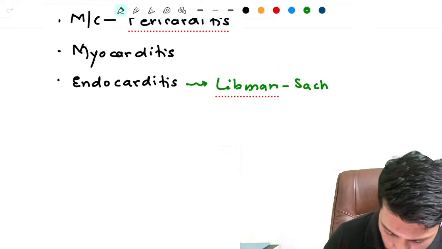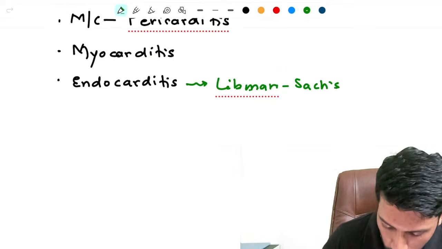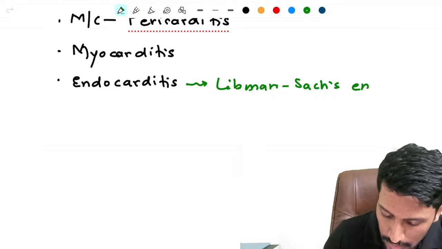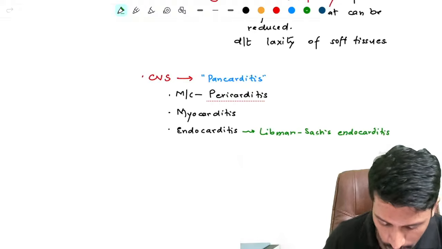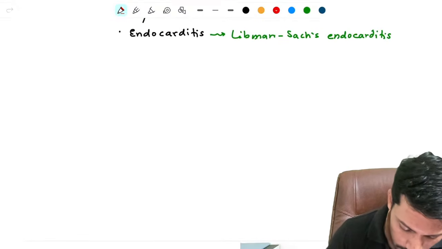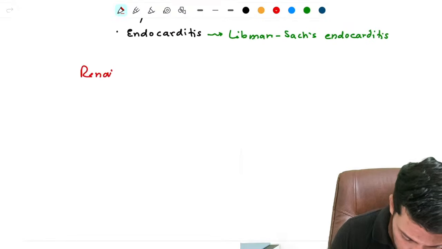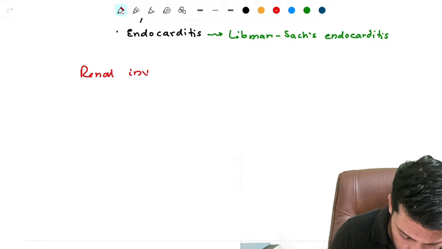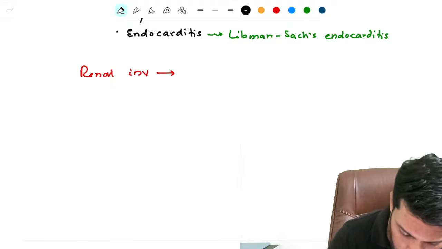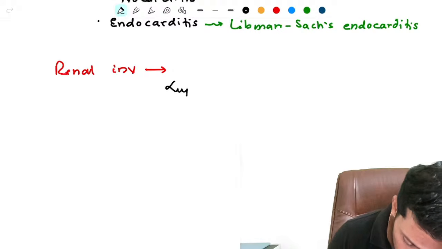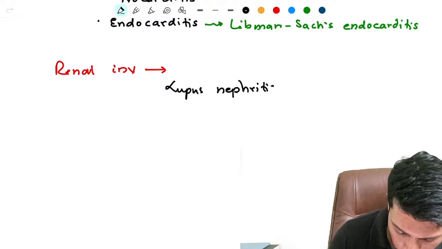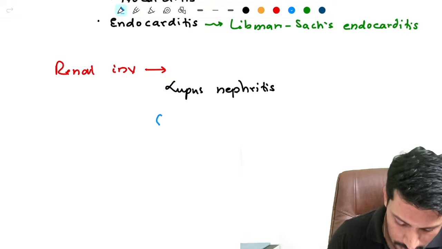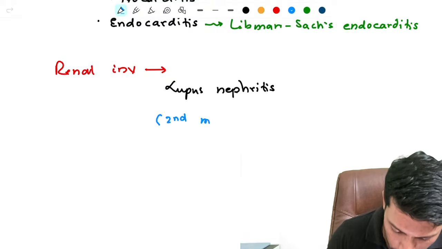Libman-Sacks endocarditis. So when endocardial involvement occurs in a SLE patient, we call it Libman-Sacks endocarditis. And there is also renal involvement in a patient with SLE, and when the kidneys get affected, we call it lupus nephritis. Lupus nephritis is the second most common